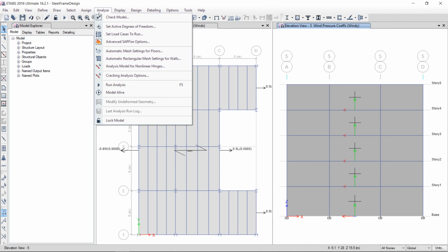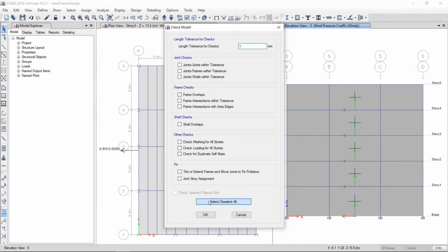So now, before analyzing, I want to check the model. Okay, select all. Okay,